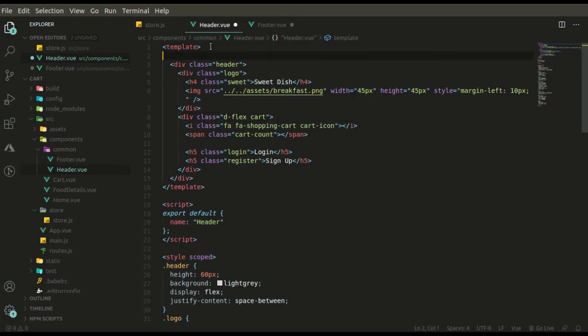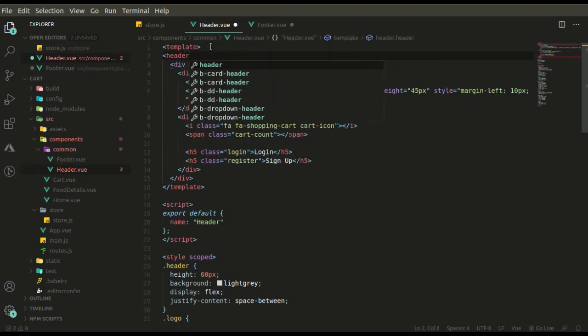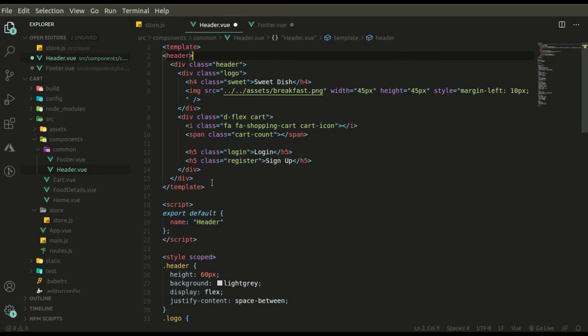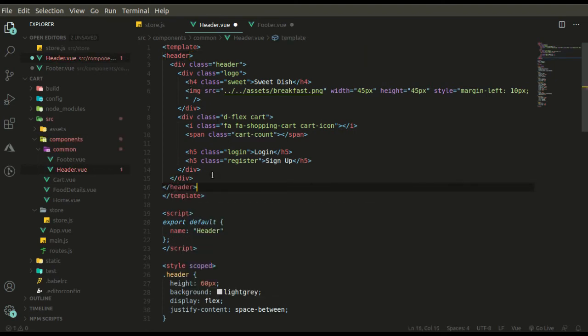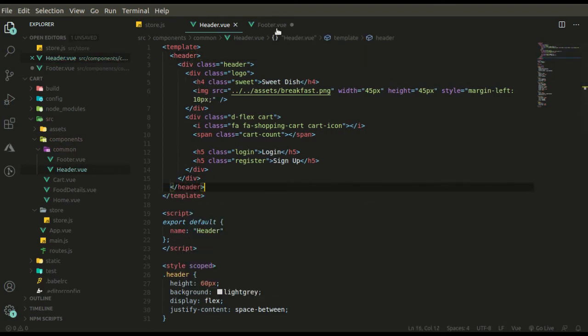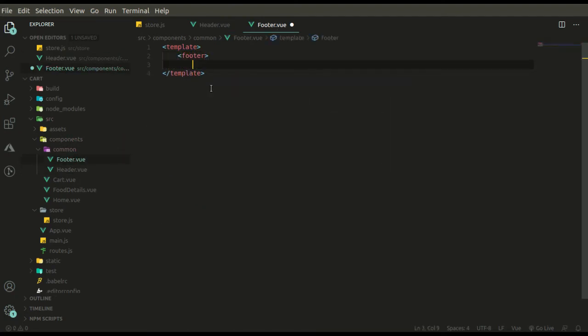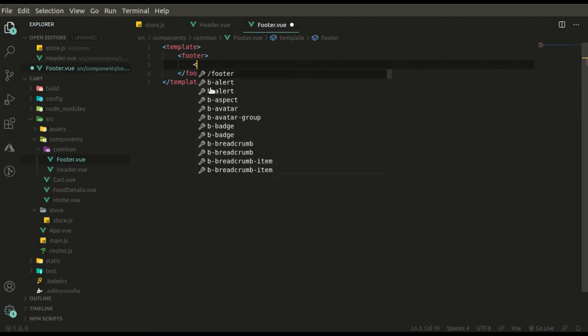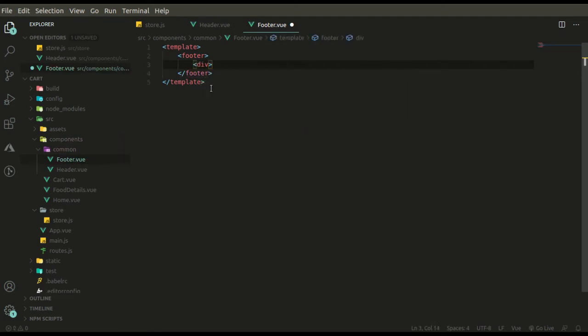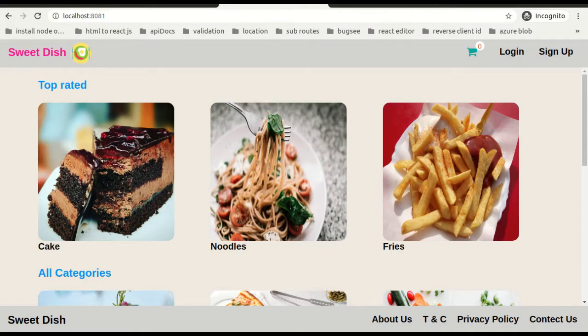One thing I missed here is to give a header tag. Let's quickly see how our footer looks.